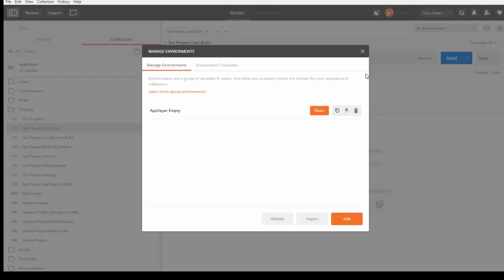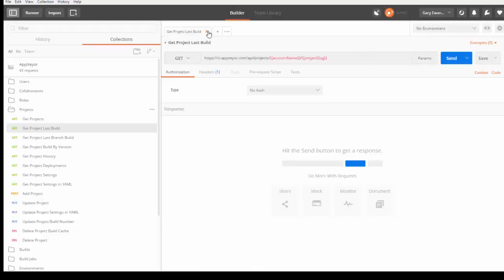So now that we've set those up, what we'll hopefully find is if we go back to get last project build and we select that environment that we've just created, then these are now highlighted in orange rather than red, because we've now actually got some values for those environment variables. The intention behind that environment file is that you might want to create one per project. So if you have multiple projects, you would have a collection of environment variables set up for each of the projects. So you would change the slug name and the account name if required in order to allow you to